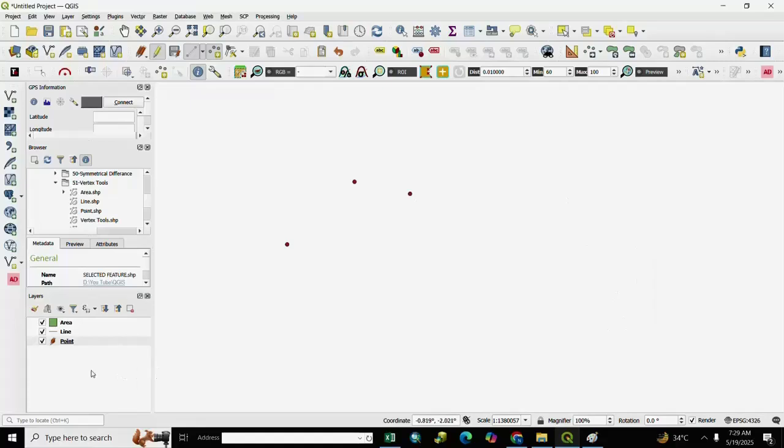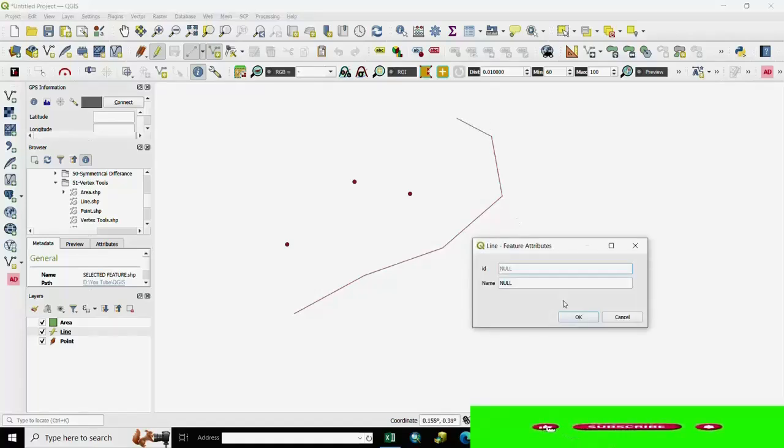Next, we create a line. We select the line layer, go to Editor, Start Editing, and create a line. To end, we right click, and OK.